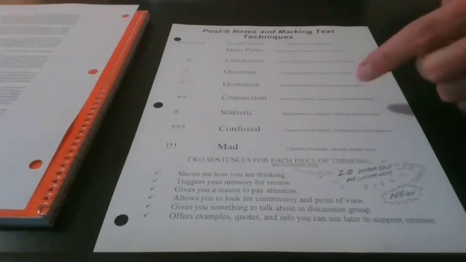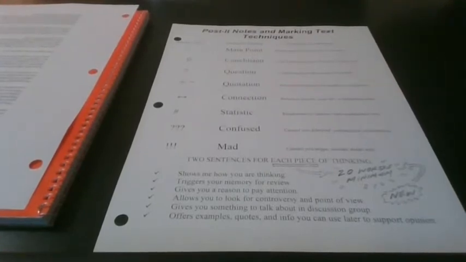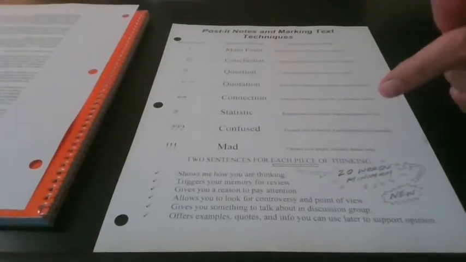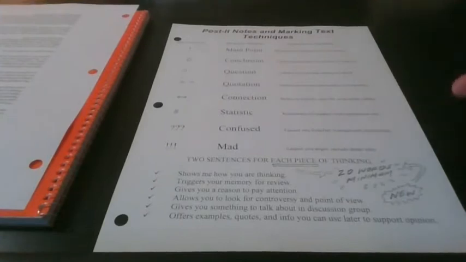You might try to make a connection to your life and use the double arrow, and then you might explain what that connection is. You might pull a number out that's not just a hashtag and use a statistic from the reading and then explain it. Something might make you confused. And if you're confused, then you can go ahead and use the triple question mark and explain, why are you confused? What doesn't make sense? Or if something in the article or the reading makes you uber upset, you can use 3 exclamation points and